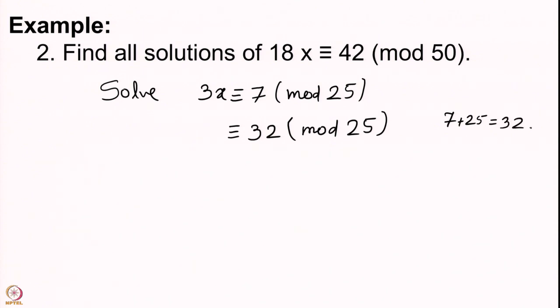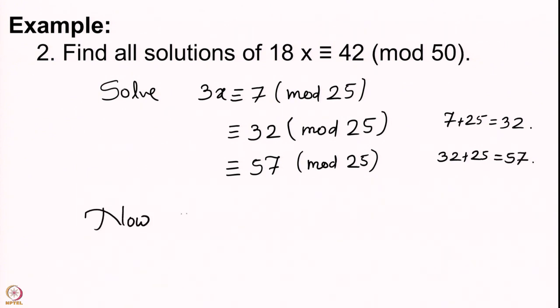We still do not have the GCD of 3 and 32 bigger than 1. So, I will add 25 to this further to obtain 57, because 32 plus 25 is 57. Now, the GCD of 3 and 57 is 3. We can cancel this, and thus